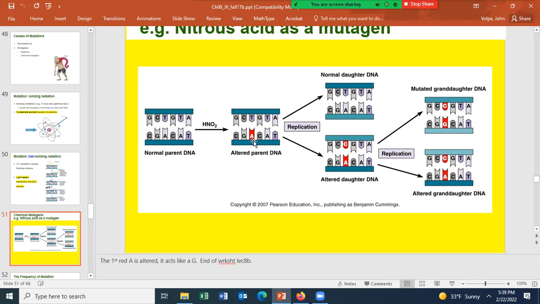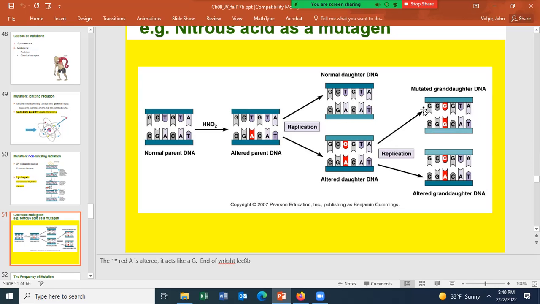gets modified, and it's still an A, but it's a modified A because it's been exposed to nitrous acid. And now this modified A, when the DNA gets replicated, instead of binding to a T, it's going to bind to a C. So this modified A is going to look to the DNA polymerase like a G, and then it'll insert a C here. And then when this gets replicated, instead of an AT here, we'll have a CG. And then this